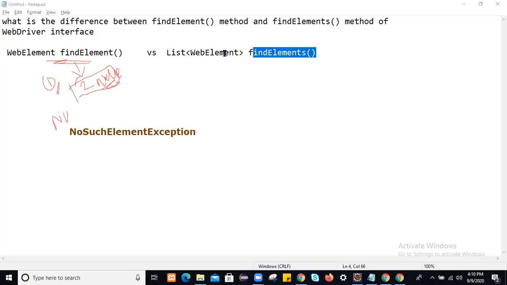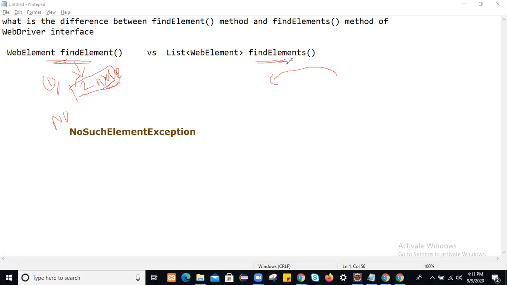You should know this. And what about the findElements method? The findElements method will try to locate all the web elements based on the locator you are using, and it will retrieve all the web elements in a list.